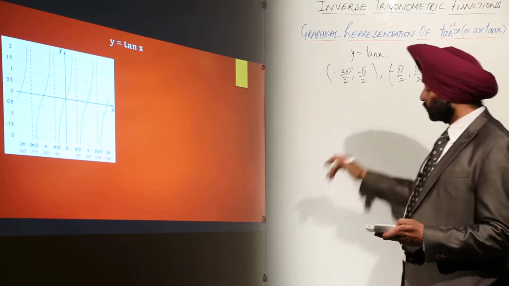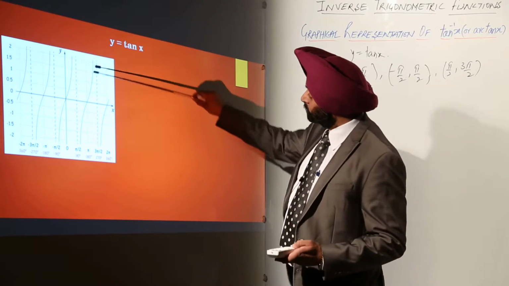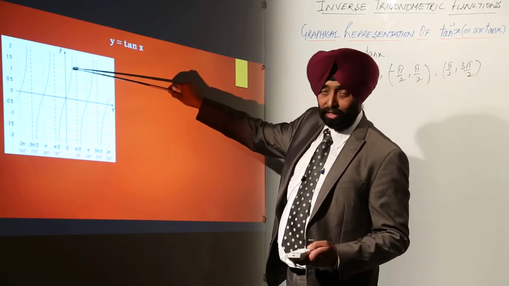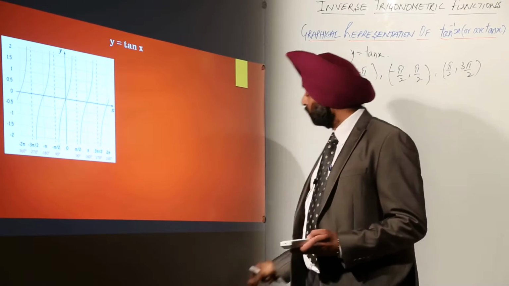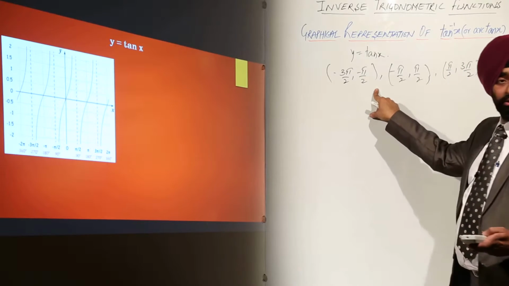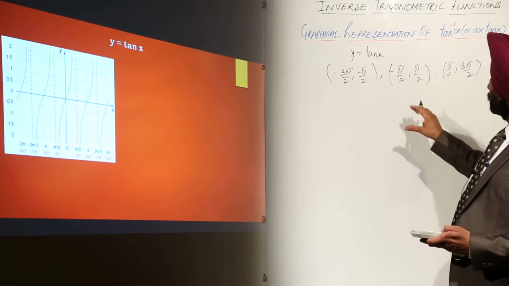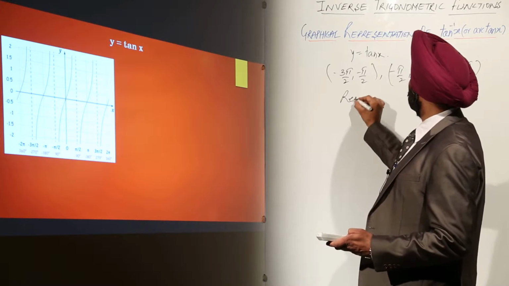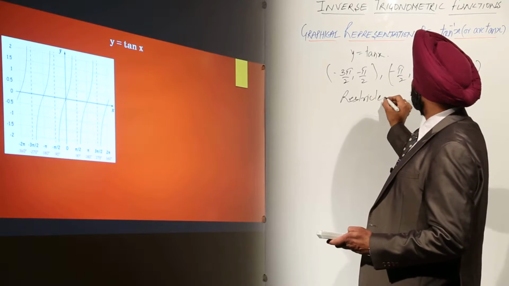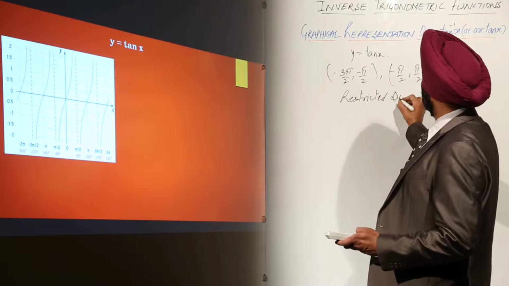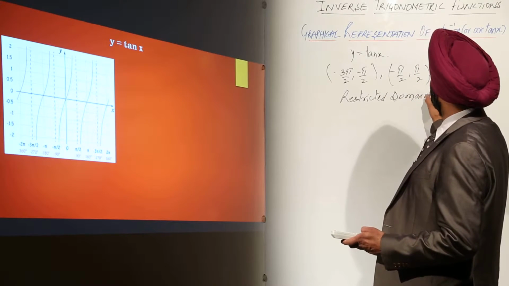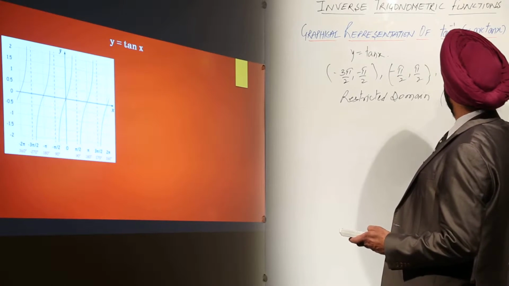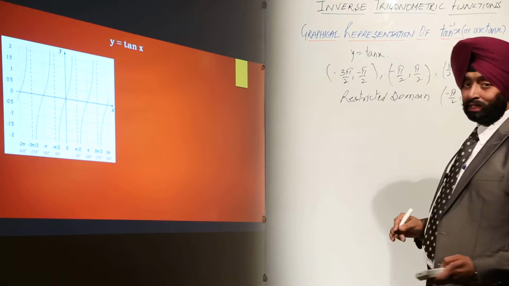Okay. Now what does this show? This shows that this dotted line means these yellow lines are not touching these lines. So we are here with open intervals. Okay. So the restricted domain of tan x that we are taking is minus pi by 2 to pi by 2. Okay, these are the restricted domains.